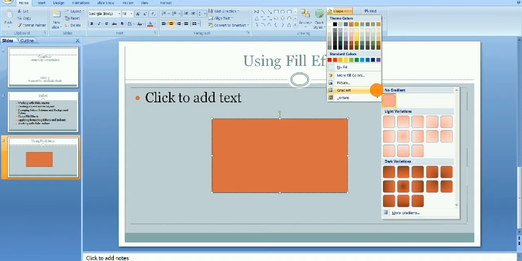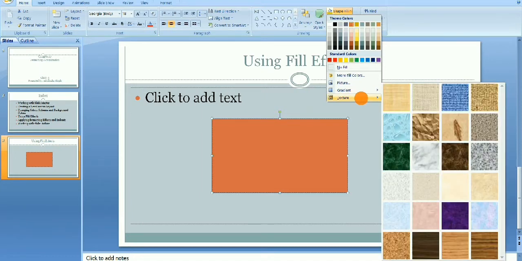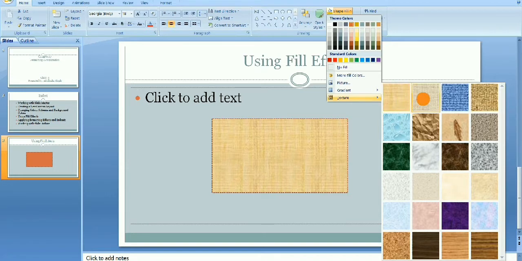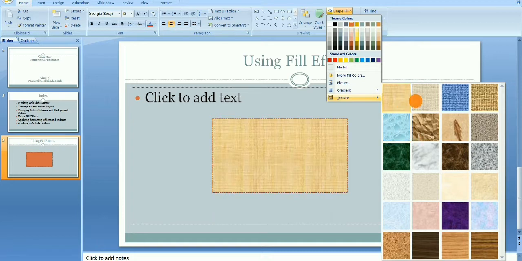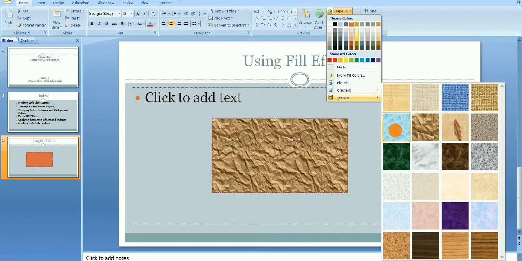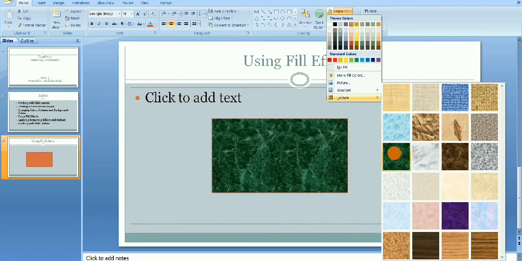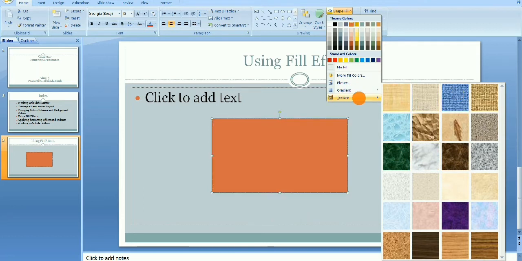If you want to choose the texture, in texture you can see a piece of picture or text which is repeating like a pattern, as you see like this. If you want to set the texture, you can choose from here.